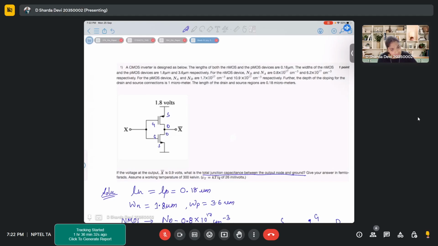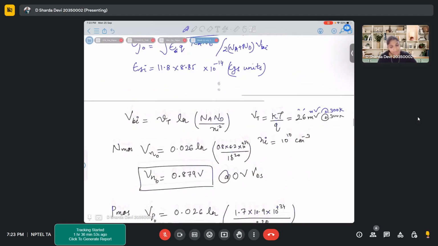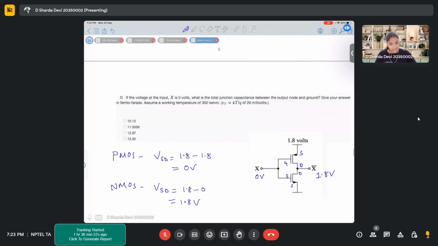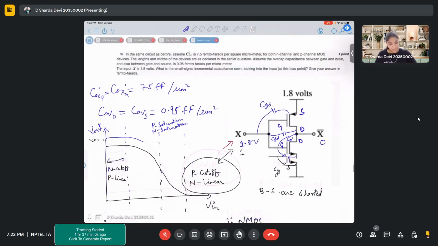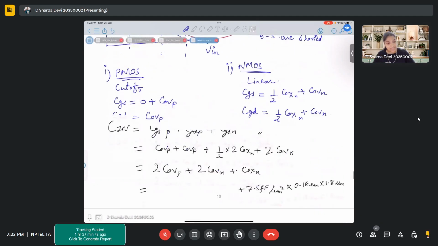The length of drain and source region is 0.18 micrometer. The length of the device is... So here the overlap length is not given to calculate the area. That overlap length is required to calculate the area for overlap capacitance, because